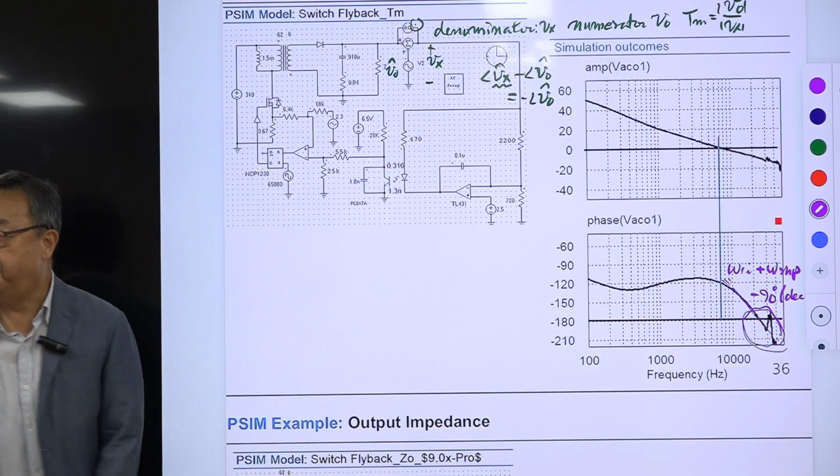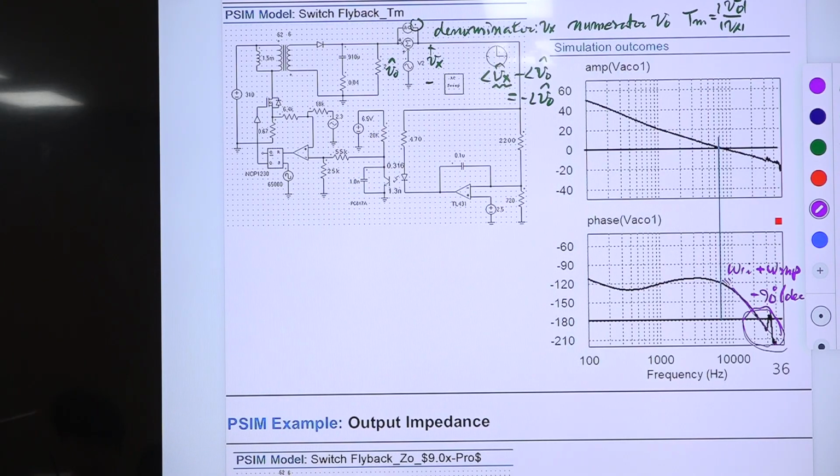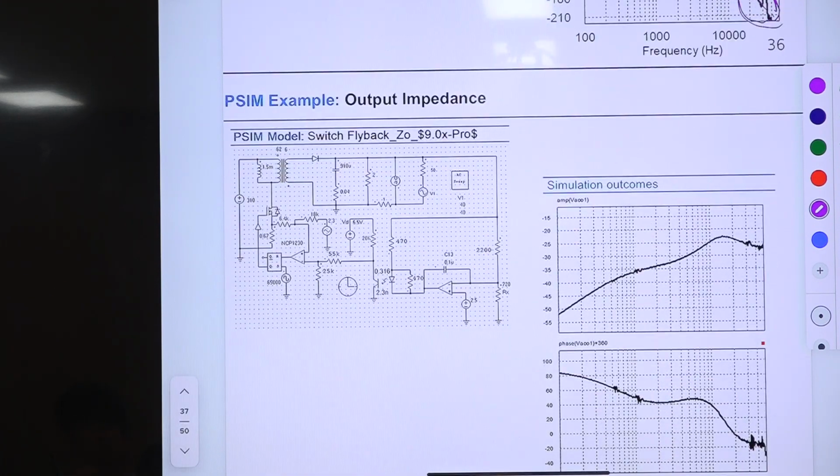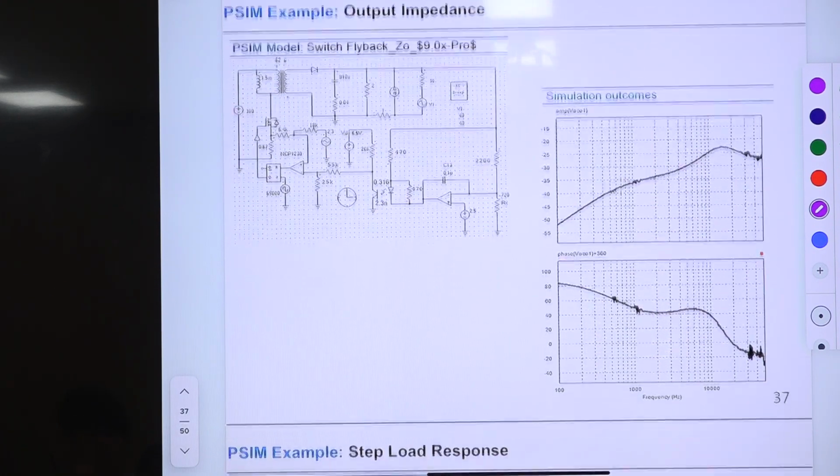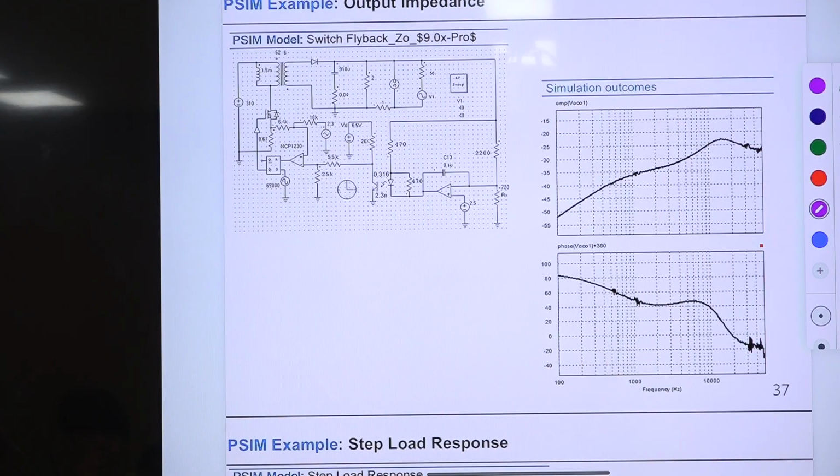Okay, that is very important. With that, I recommend you use this method. Then you can save time, a lot of time. Okay, and this is another setup to output